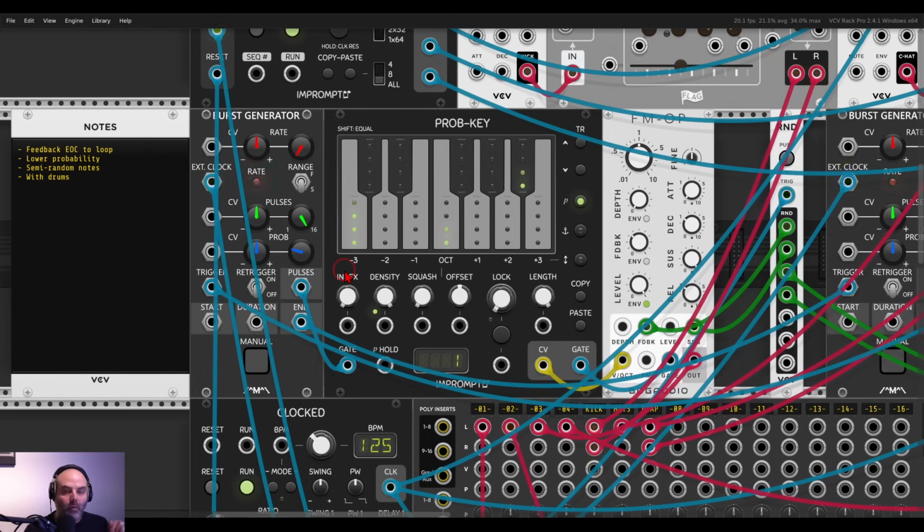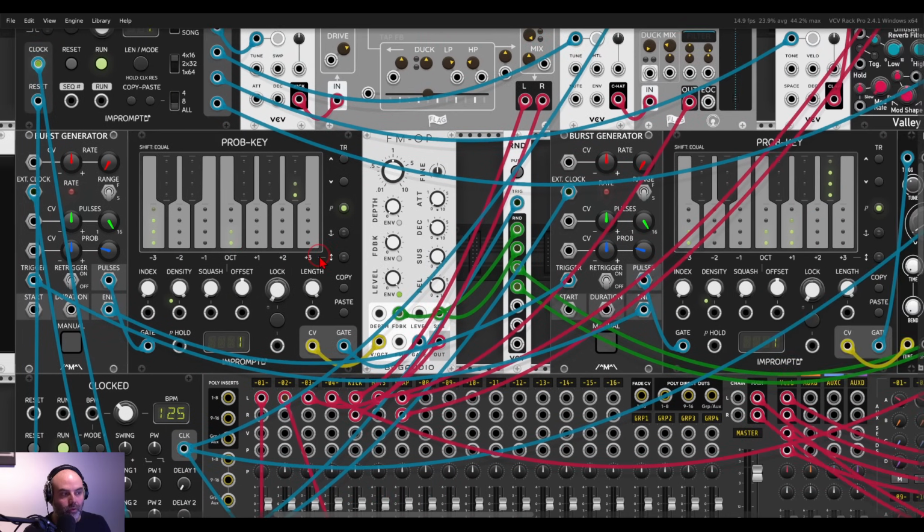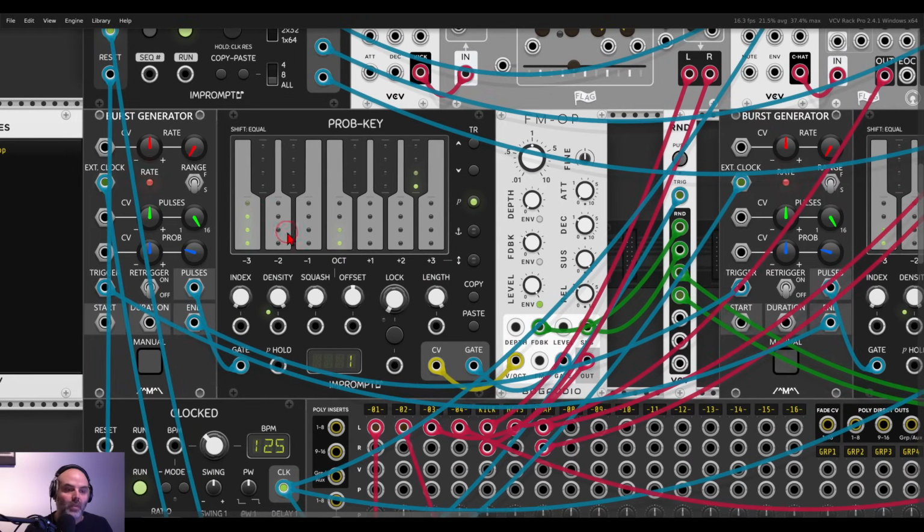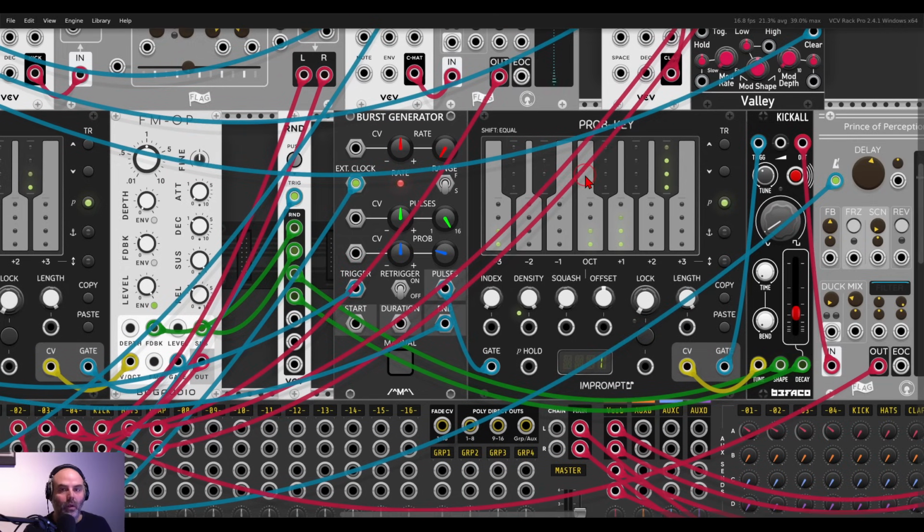And I'm using the probability key from Impromptu. I'm using actually 2 of them to generate the note information. Now, why am I using the probability key? Because I can choose the importance of the different notes. For example, the first one will have mostly C, a bit of F, a bit of B flat. The second one, the answer, will have mostly B flat,